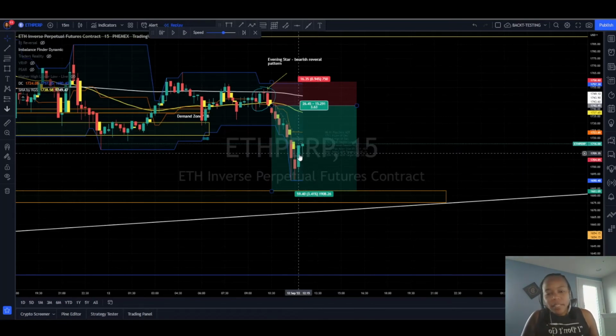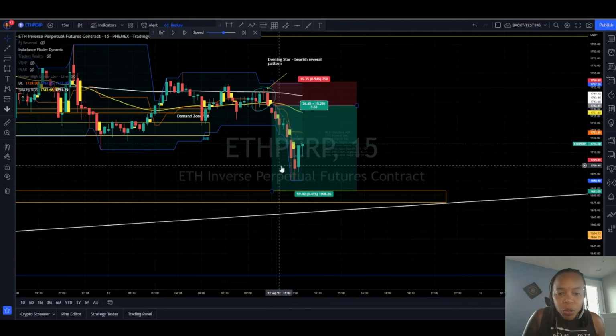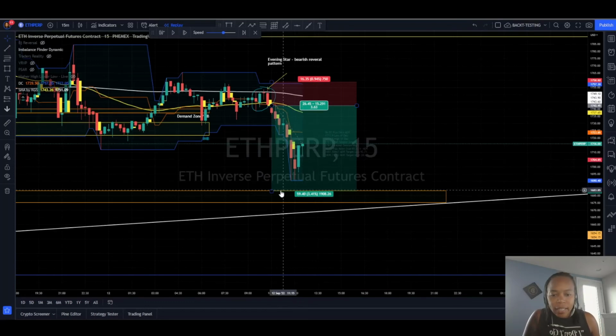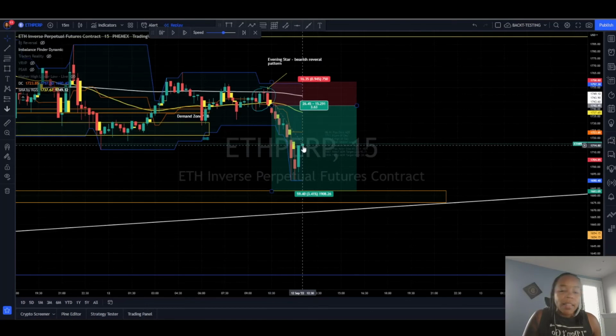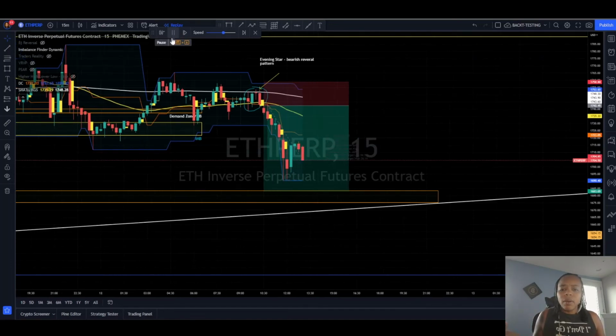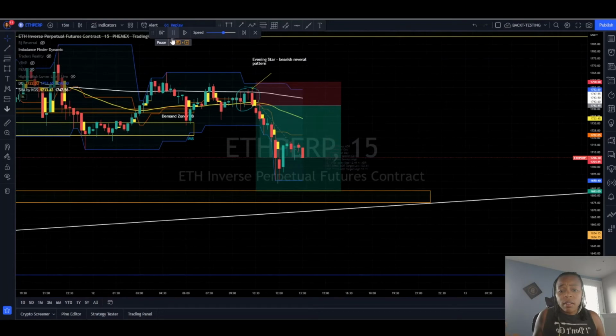So this is a very good reason to exit your trade. Take your profits at the close of this trade if it does not come down to your take profit area, right? That's what I would do. There's no point in giving money back. So let's see what happened. Let's let that play out. Maybe I'm wrong and it